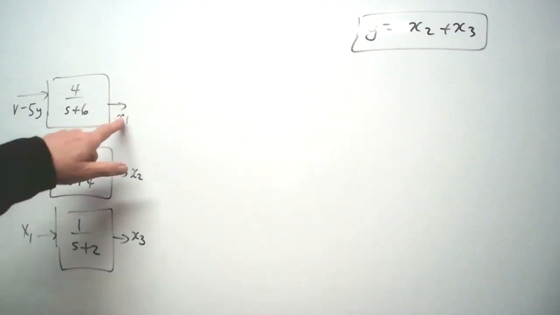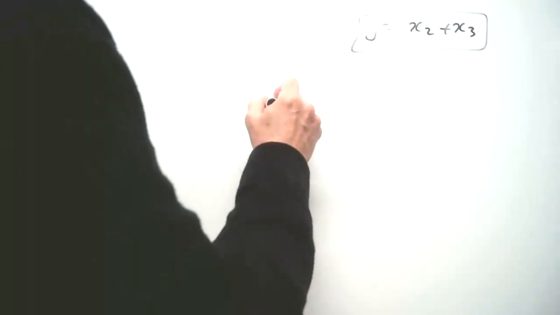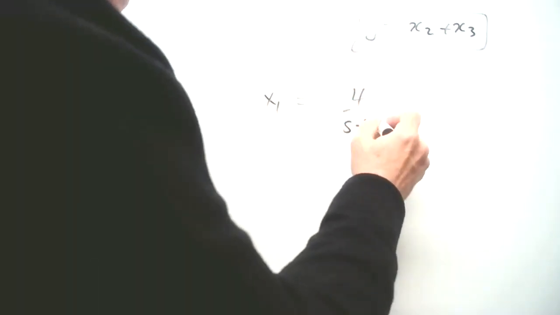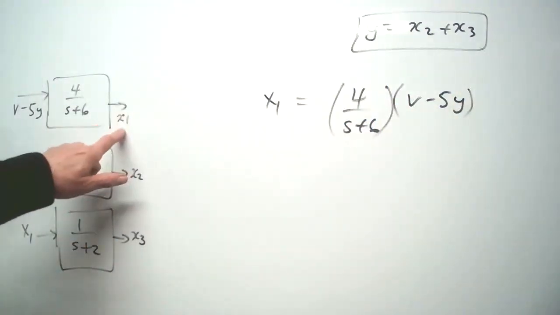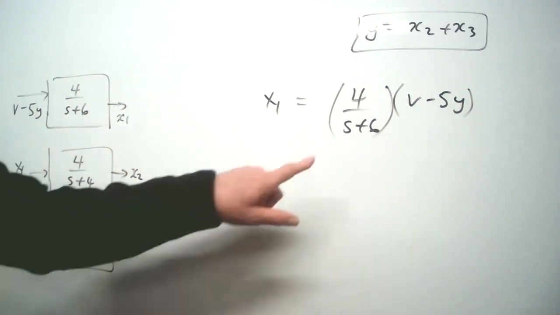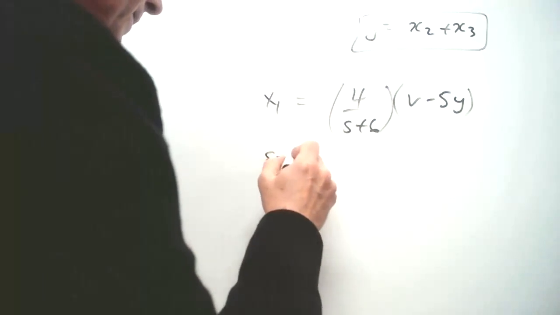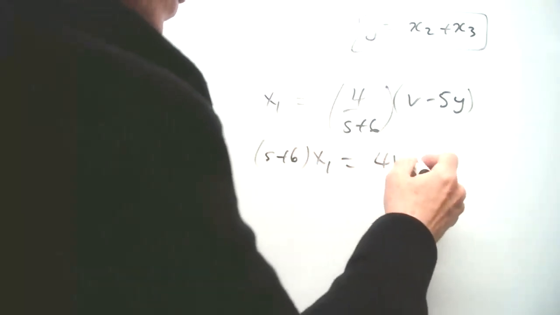Right, so now what we do is we say x1 is this times this. So I get x1 equals 4 over s plus 6 into v minus 5y. So that's this times that. Then move the s plus 6 up here. So s plus 6 times x1 is 4v